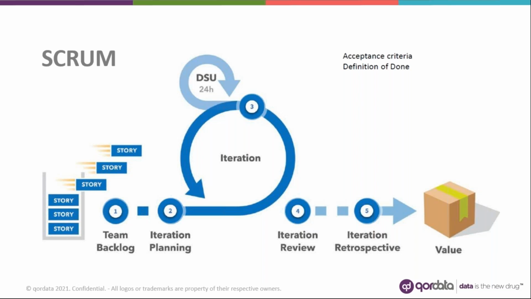So he is basically the only point of contact for the Scrum team, though we have some other stakeholders in the background, but he is the only point of contact so that the team doesn't get confused in terms of implementation, and they should get the final verdict from the product owner.